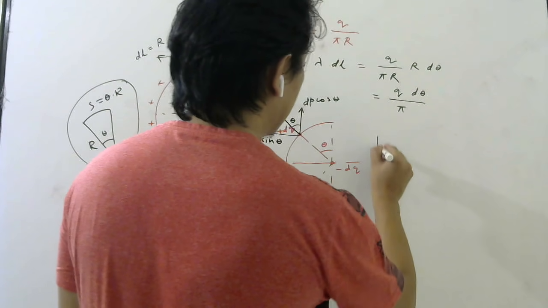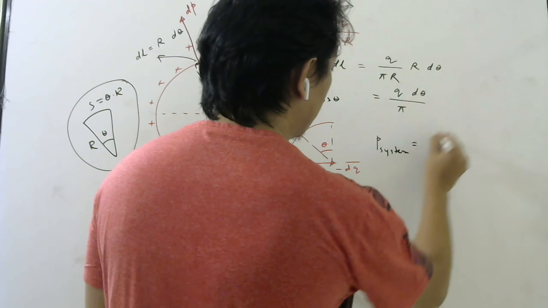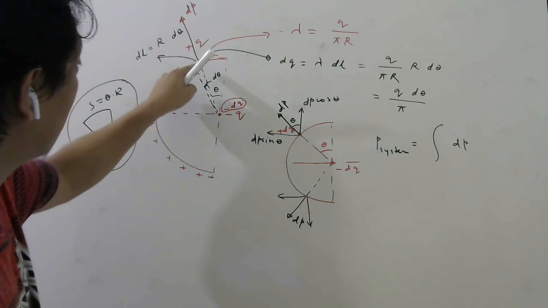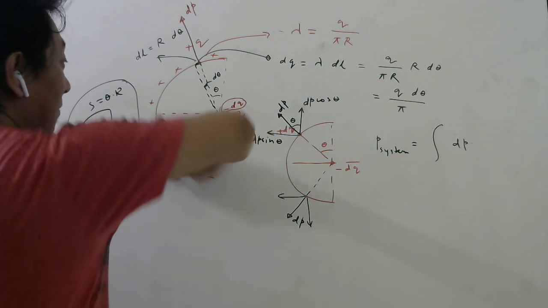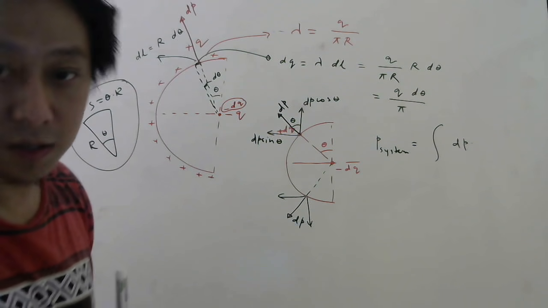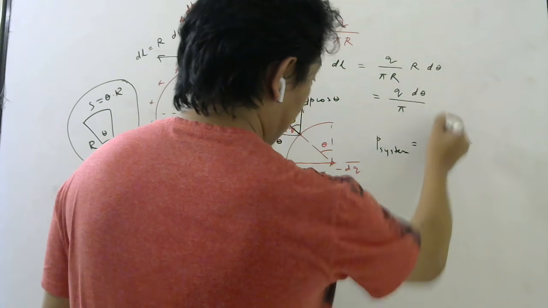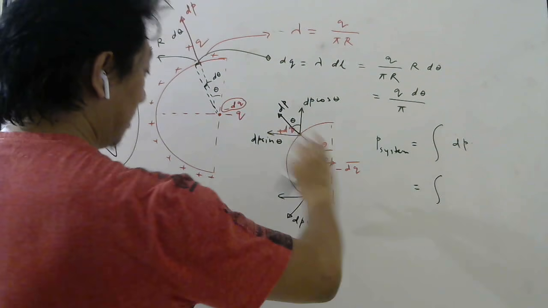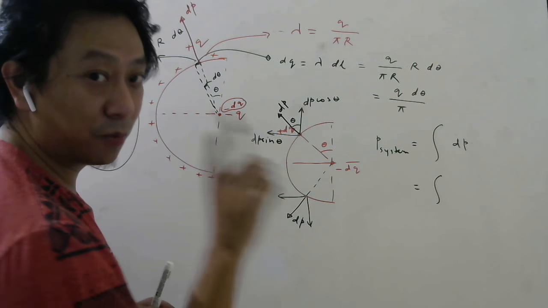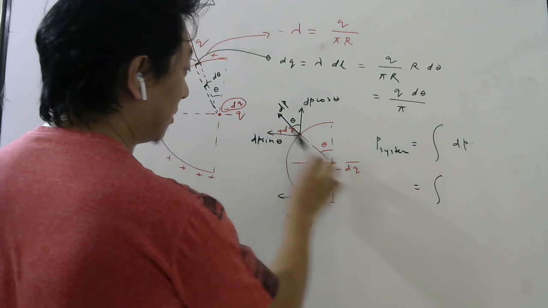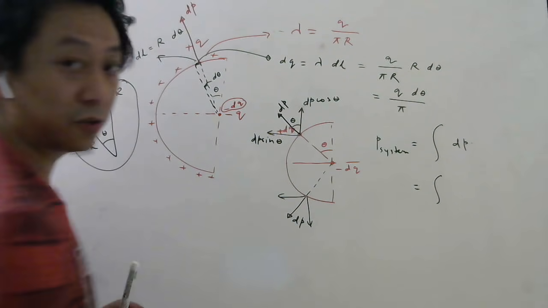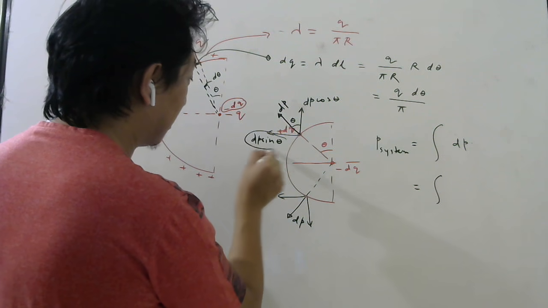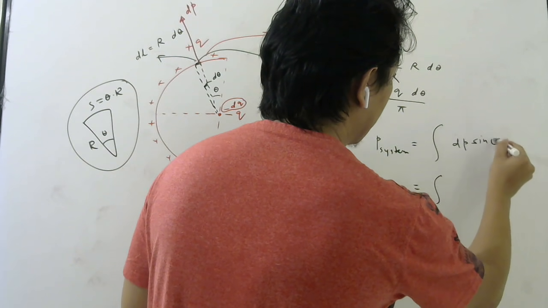Since they are in the same direction, the total dipole moment of the system should be found by integrating the dipole moment of this system, minus dq and plus dq. So you integrate from here till you reach here. Understanding or not? But you cannot add dp, because dp is not in the same direction. This dp is here, this dp is here. Right, students? Dipole moment is from minus to plus. So for this system it will be here, and for this system it will be here. You cannot add them because they are in different directions. So once you take components, these are in the same direction, so we should add dp sin theta.